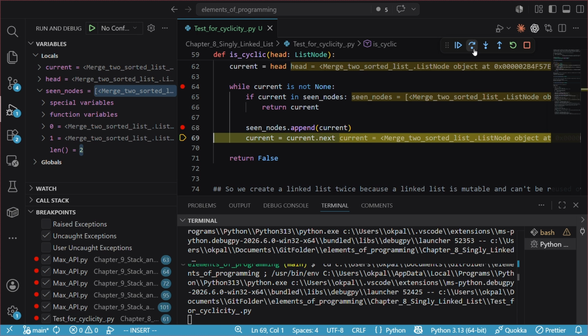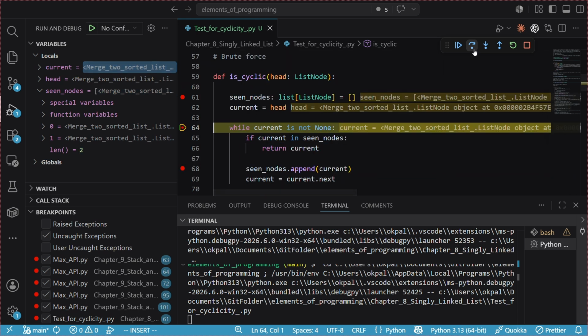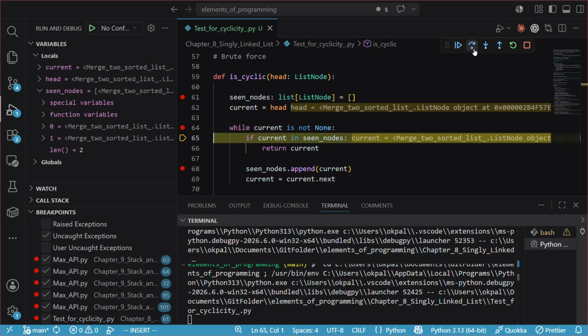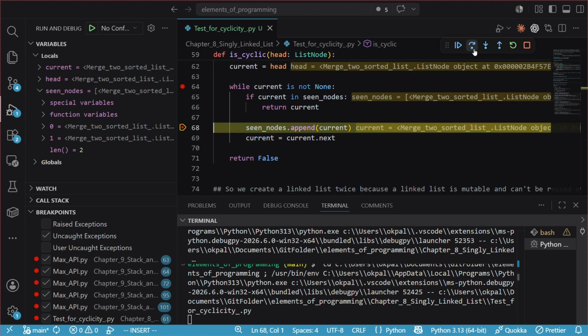Now we are on the third one after we call current.next to current. So we would traverse again and ask, is this current node in seen? We can't find it in seen, so that means we move on again,